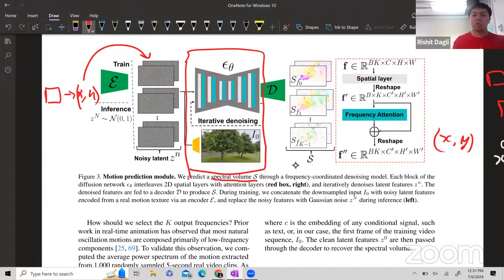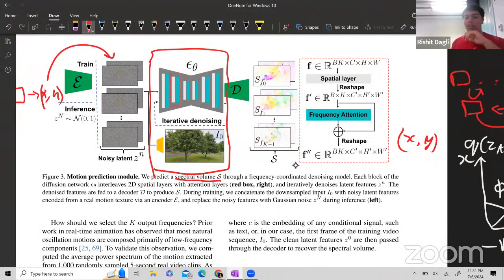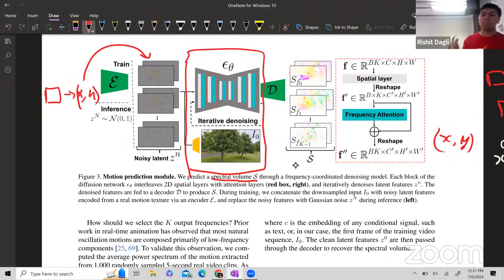So this is the part where they start using a spectral volume. Let's talk about training first and then inference. In training, you take a bunch of videos and first get ground truth motion maps for all of these videos.